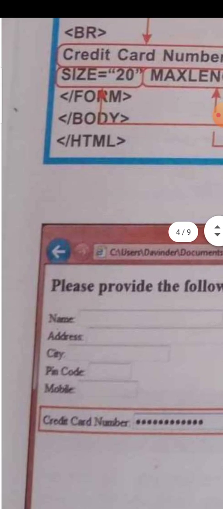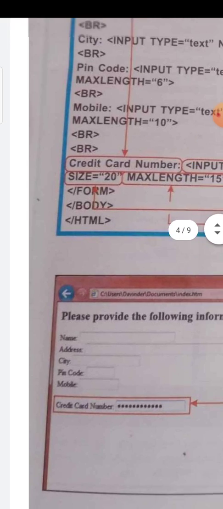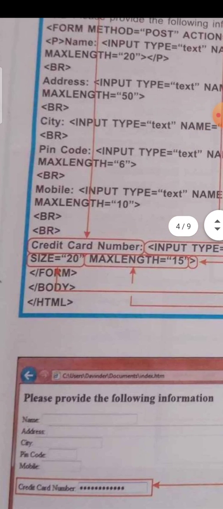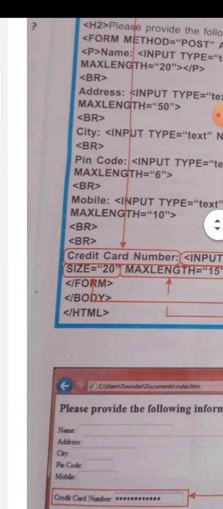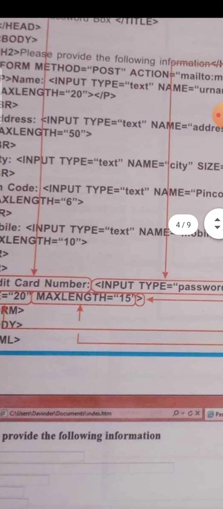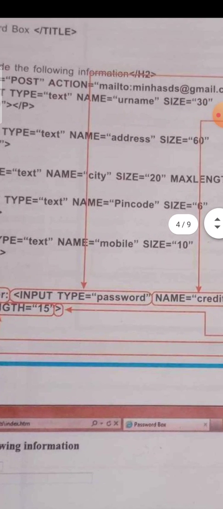But here we have to enter a credit card number, which is in the form of a password. It means it cannot be displayed, so we are not going to show this information to other persons. For that purpose, we write input type is equal to password in place of text.